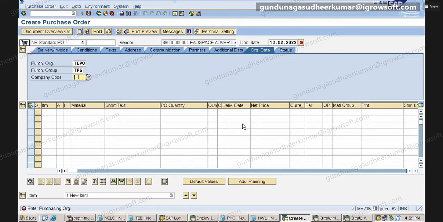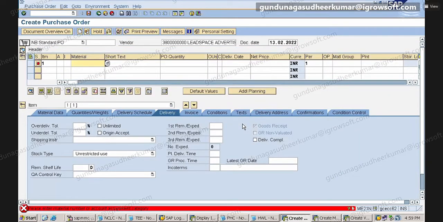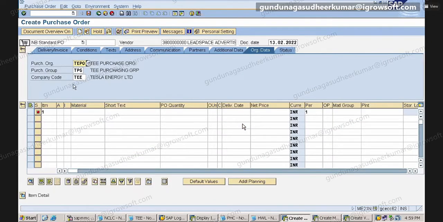TPG. Company code TP. Correct. Now, item number 1. Nothing special here. I just give the vendor number, and in the header I give this.